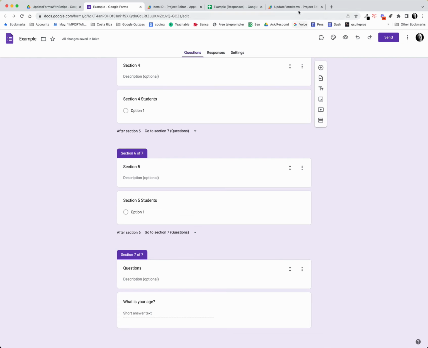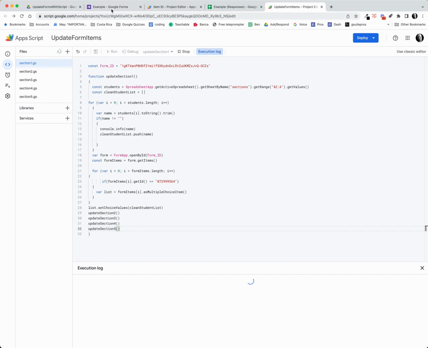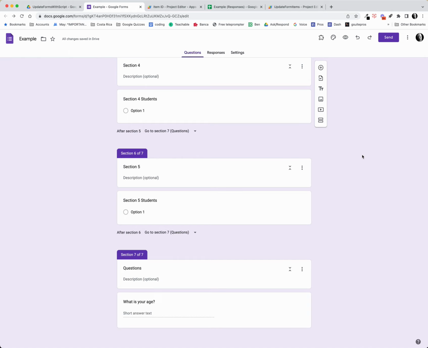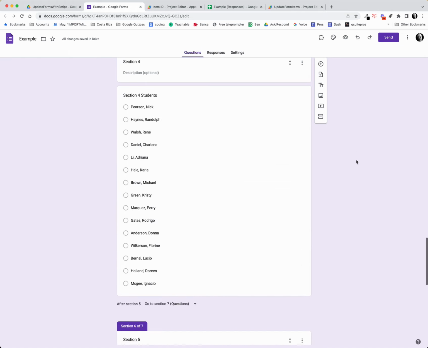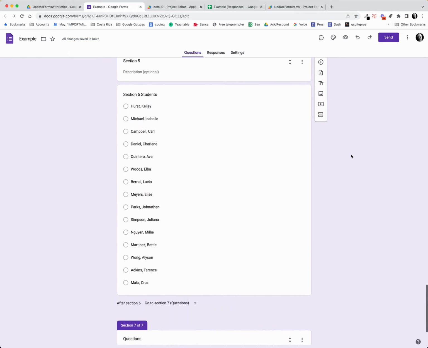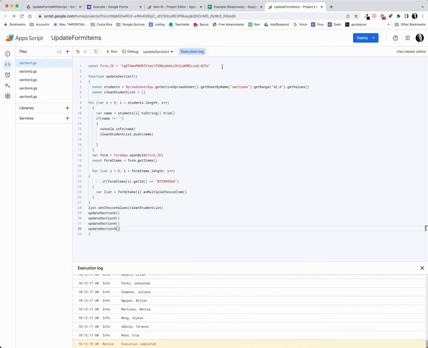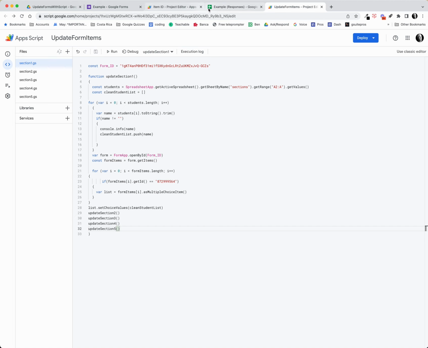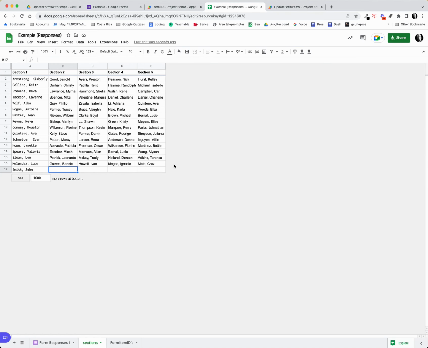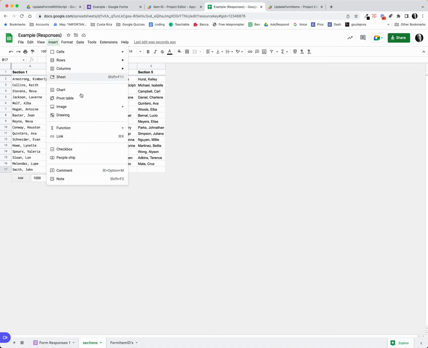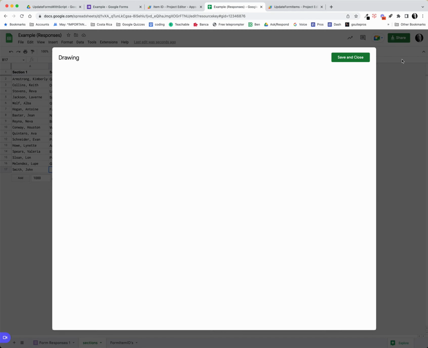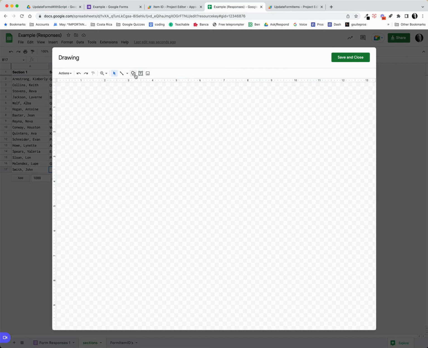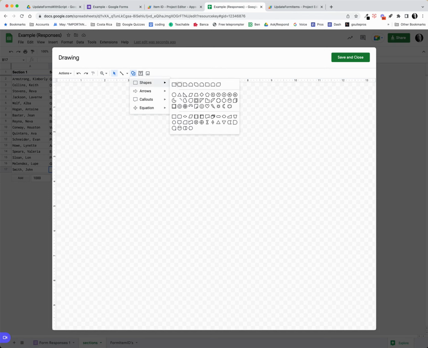They don't have students, but I come here to my script, I run it, pop back over here, and we should be seeing section 4 and section 5. So the great thing about this is that, and you can see that the script is executed and we've updated that. So what I want to do now is come in here, and I'm going to insert a drawing, and I'm going to create a little button. I'm going to create a button here,